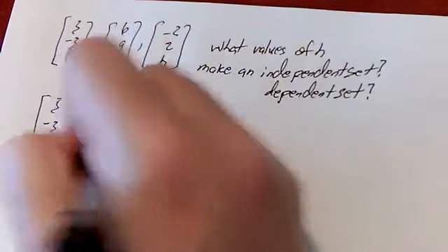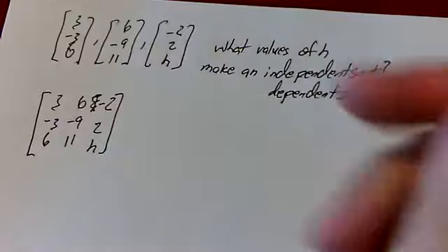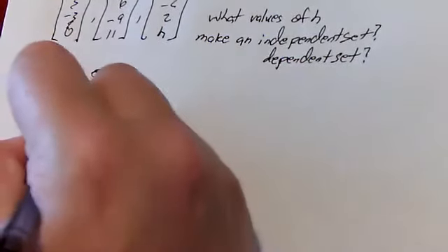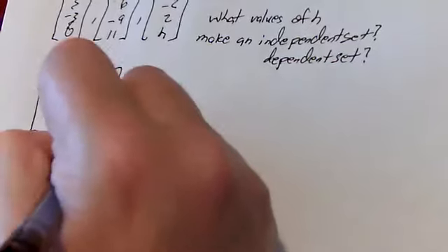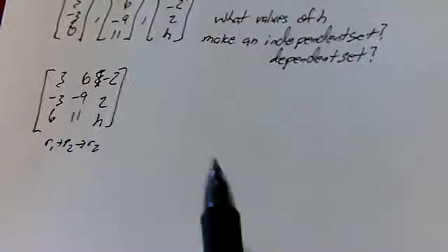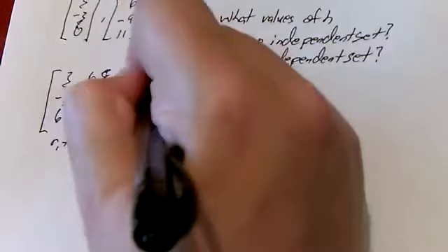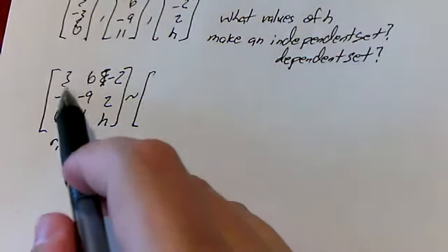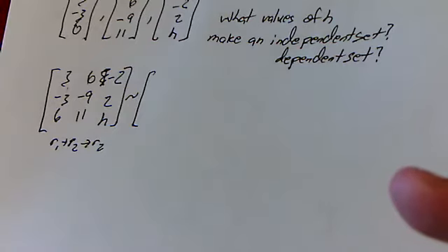-2, 2, and h. Okay. Now we're going to start row reducing this. So I'm going to do row 1 plus row 2 and replace row 2, right? I can't just use my calculator because I got this h running around, kind of ruining things for us. Okay, so row 1 plus row 2, because that's going to give us 3 and -3, okay, which will make